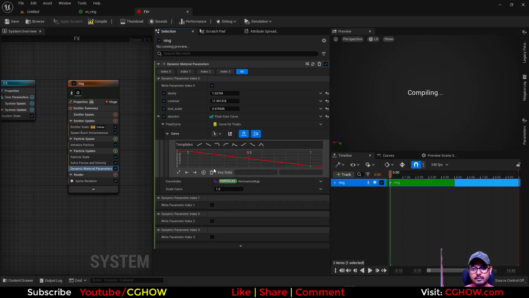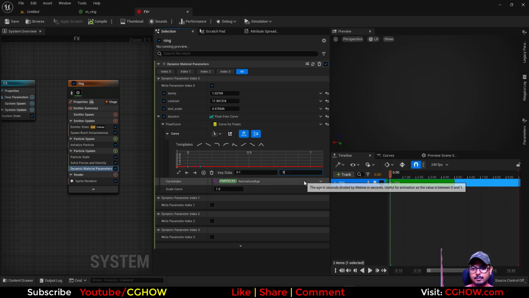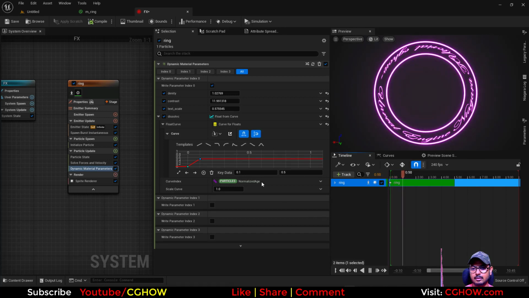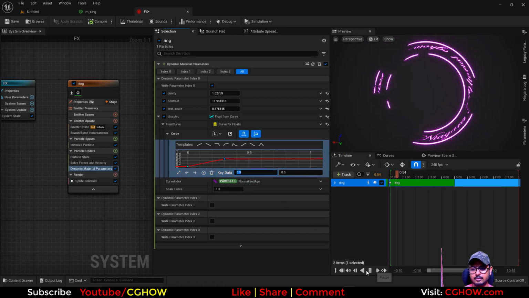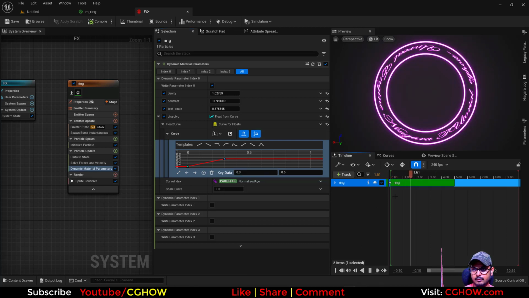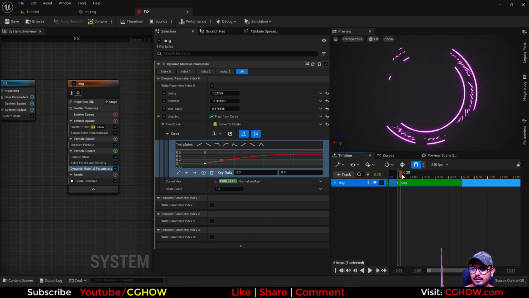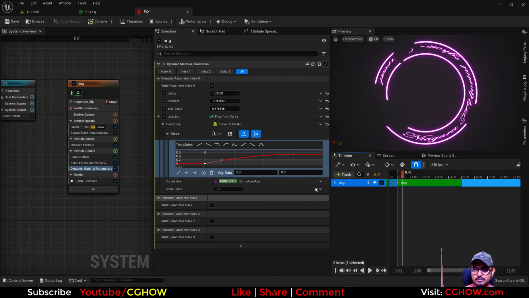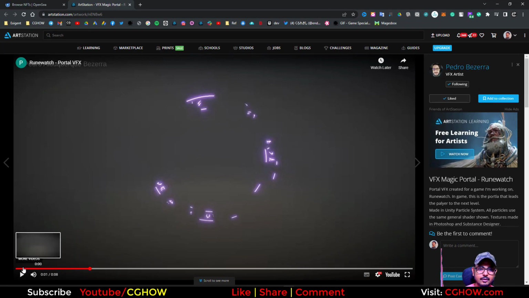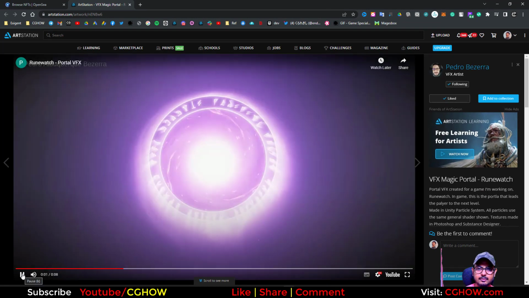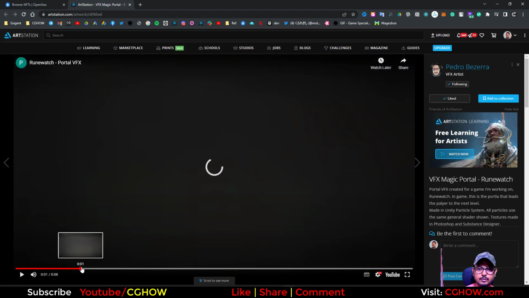So I'll make a curve. Initially it will be 0, and at 0.2 or 0.1 I'll make it 0.5. So if I play, actually this will be 0.3. Okay, this is fine. Okay, and the texture tiling you can increase maybe, or okay, let it be. So next thing, this appears like this slowly, and then there is a brightness,